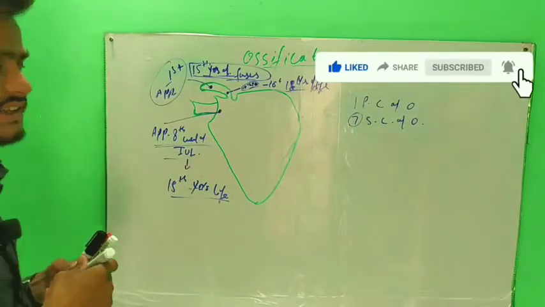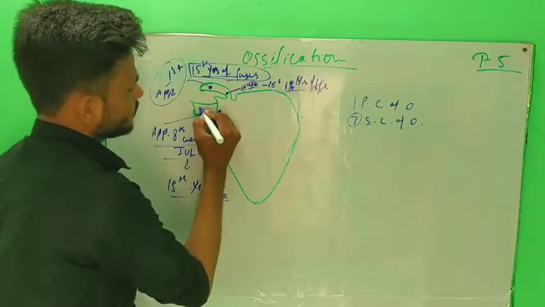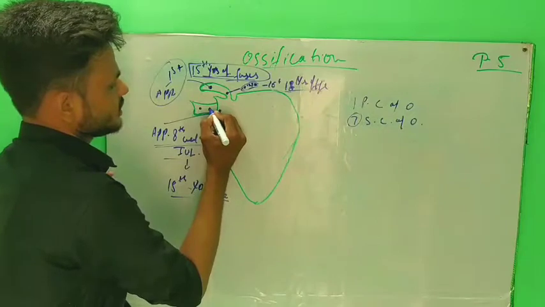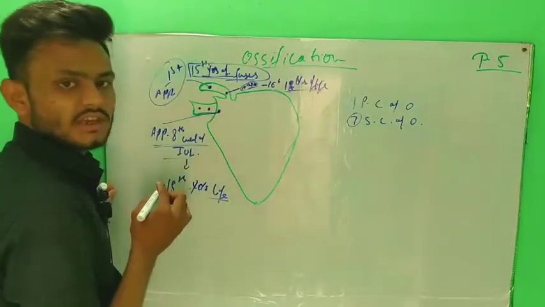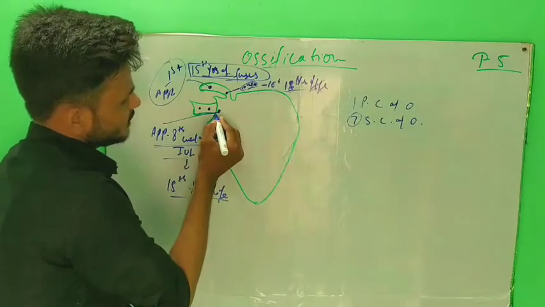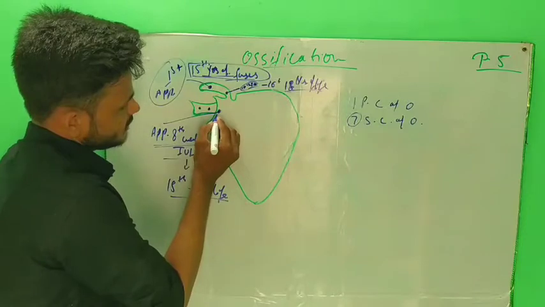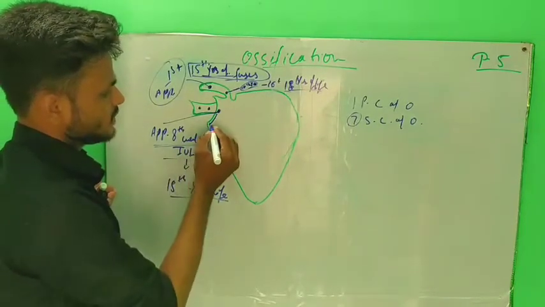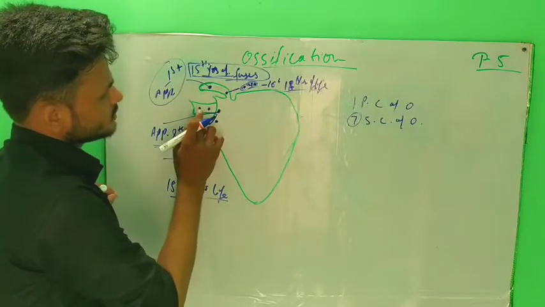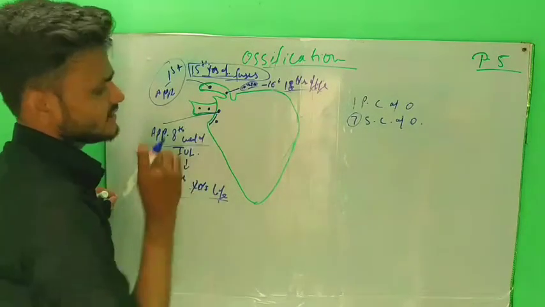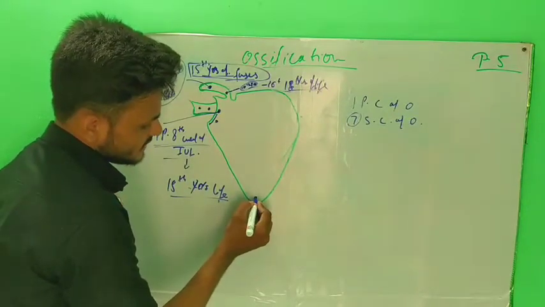The third secondary center of ossification is on the acromial process, and the fourth is also on the acromial process. The fifth secondary center of ossification is on the lower 1/3 of the margin of the glenoid cavity. This is the fifth secondary center of ossification, and on the inferior angle there is the 6th